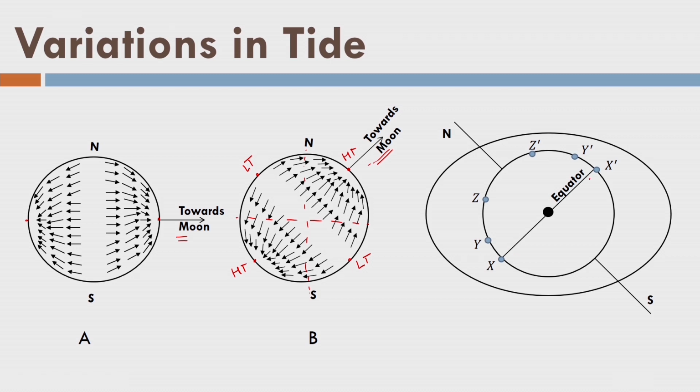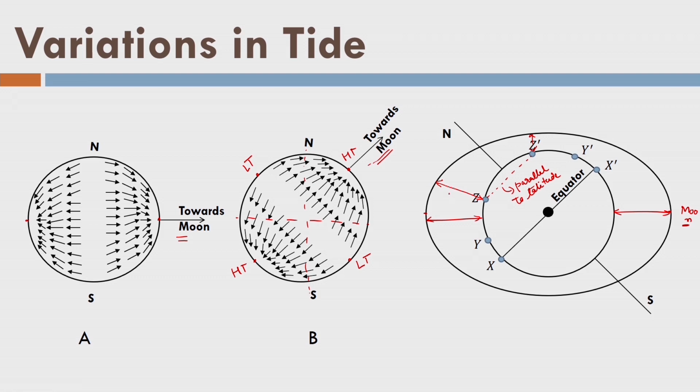I am marking the equator by x dash and the moon is there. What will happen? This is high tide here and this is the high tide here. What about the point z? If you see that point z is having high tide, this is the parallel of latitude here, and z and z dash both are located at the same parallel of latitude. This is the tide level, which is quite low compared to this level.